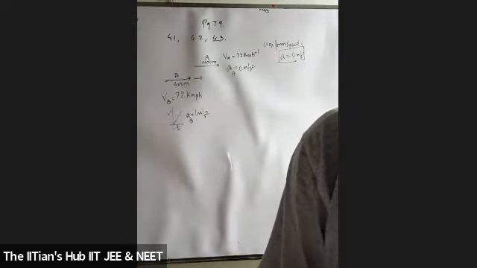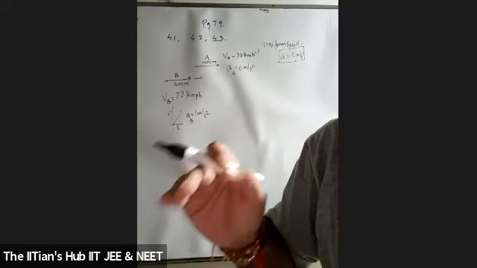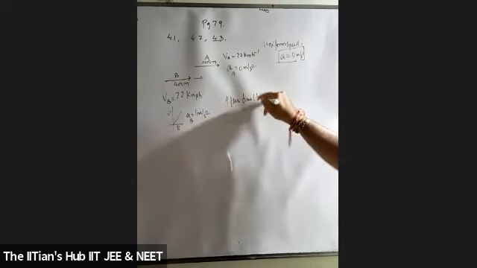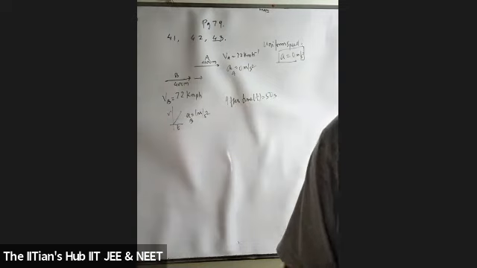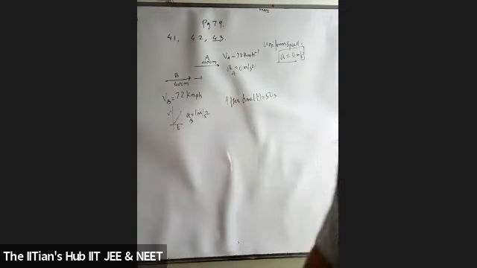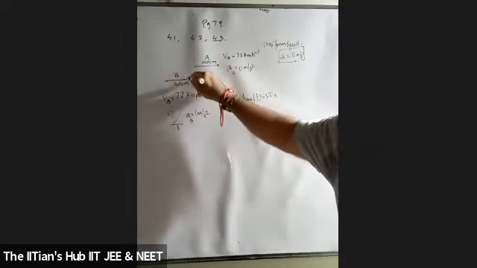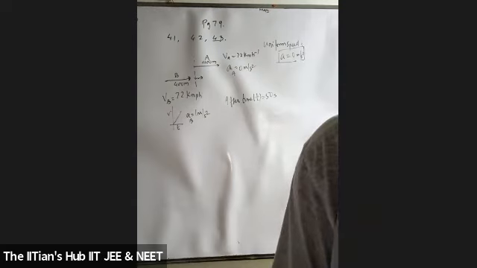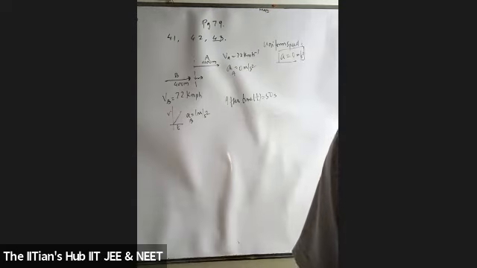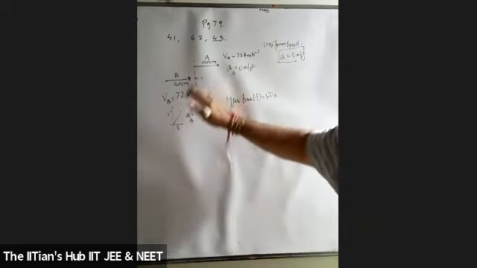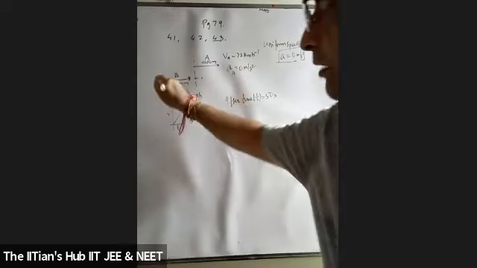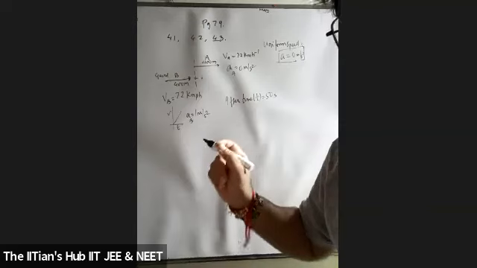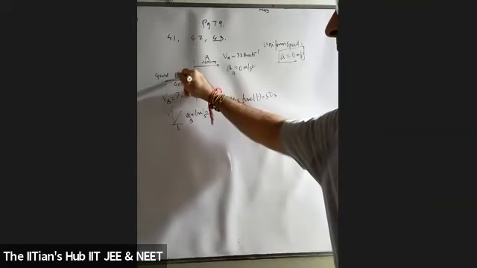Okay, now B decides to overtake A and accelerates at 1 meter per second square. If after 50 seconds, the guard of B just passes the driver of A. That means B just passes through A. What does it mean, the guard of B? Listen carefully. Students, the guard will be here, at the last side, the back side. Keep this in mind, students, all these words are important. Are you getting it? This is the driver of B.